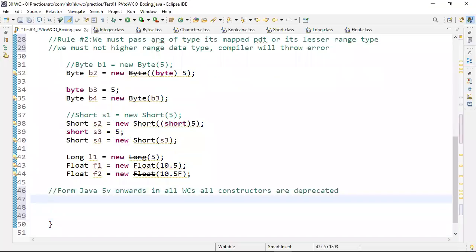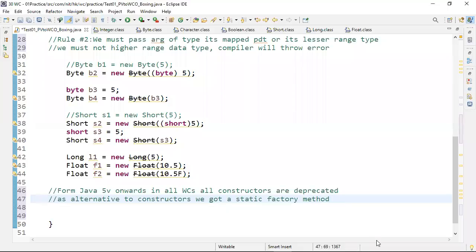Deprecated as alternative to constructor, not replacement, alternative only. You cannot replace, okay? As alternative to constructors, we got a static factory method. Okay, we got alternative static factory method.